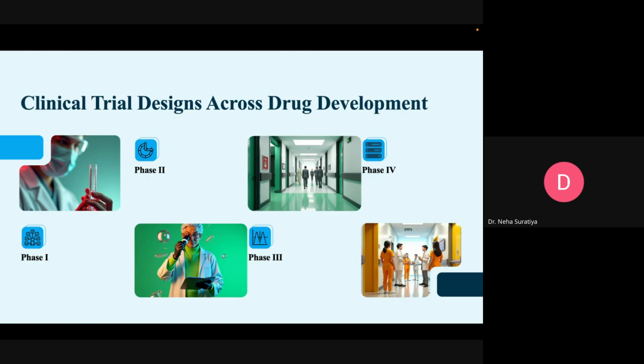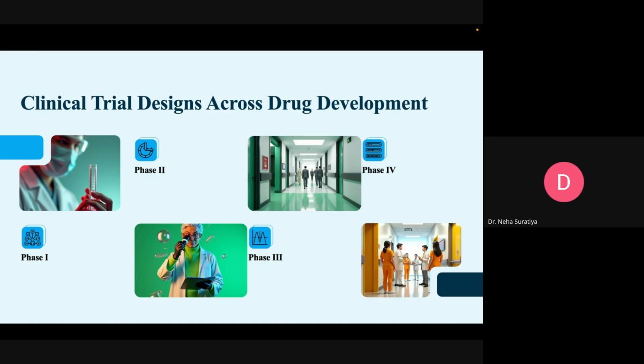Yes, I can give you the examples of each of the phases, don't worry. I hope the definitions are clear to you. For example, in phase 1, the first in-human trial of some new anti-cancer drug, I told you, right? So some dose escalation studies or open label studies will be required. For example, in phase 2, where you are assessing efficacy and continuing the safety,